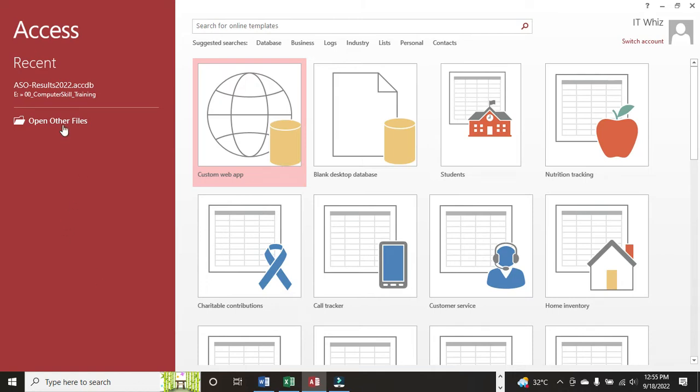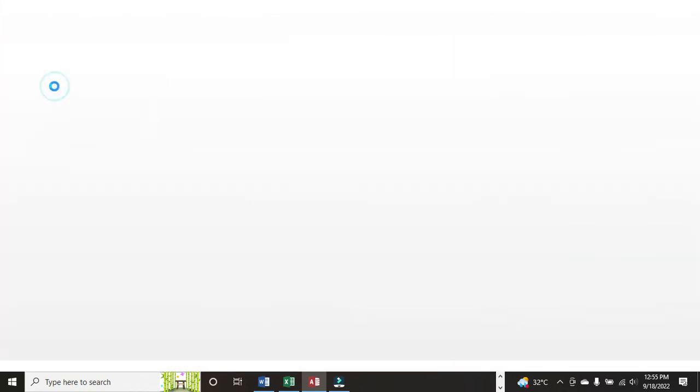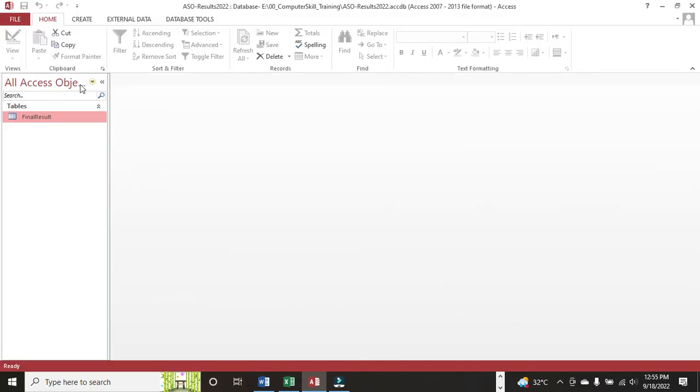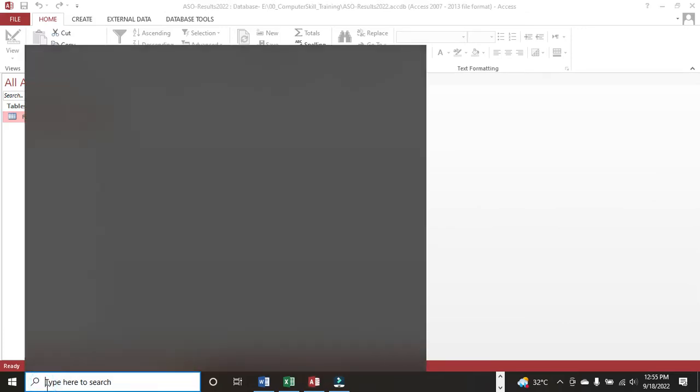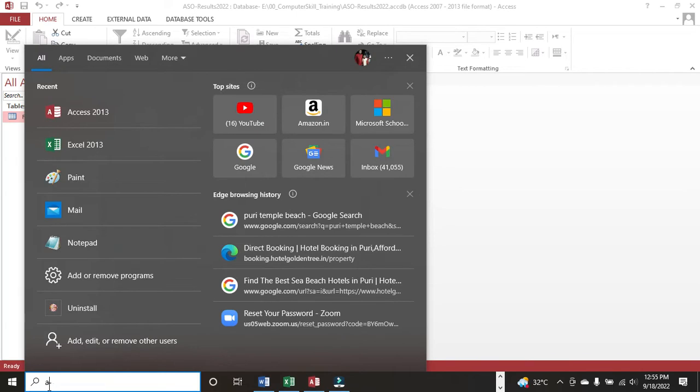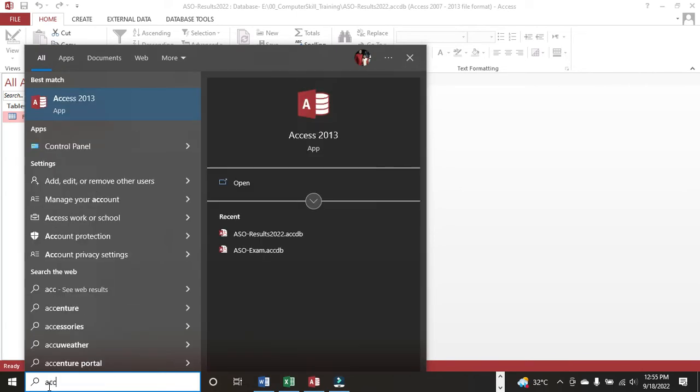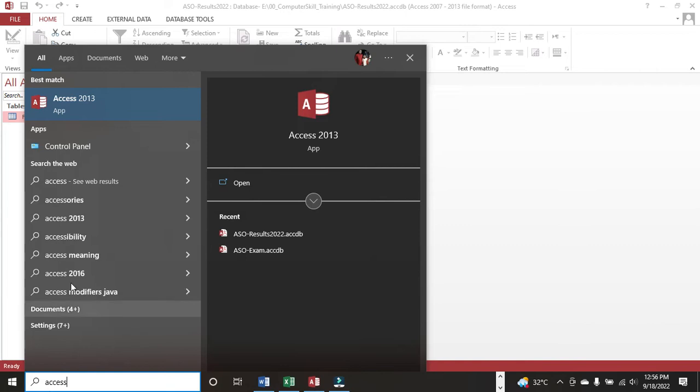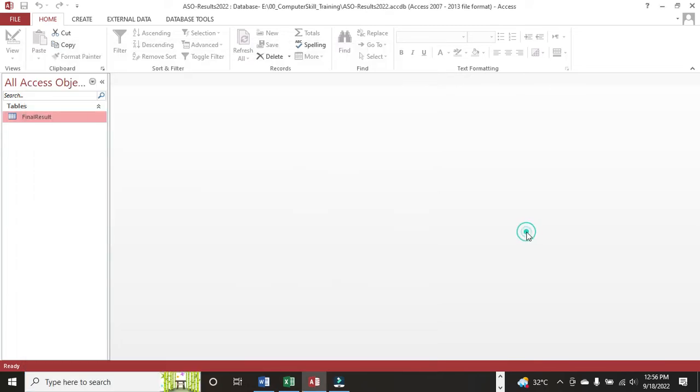So let's open our MS Access. As I mentioned, if it is installed, if you click here on Access, it should come up. If it is not there, you install MS Office, MS Access. Okay, so once you have it,